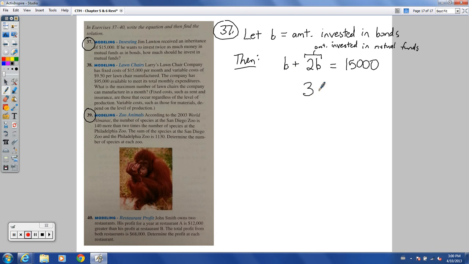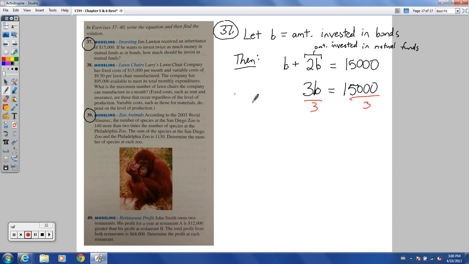But we want to get in the good habit of being able to set up an equation using variables like this, because it gets more and more complex as you move on in math, and you can't just do that trial and error in your head later on. There's just too much going on. So from there, divide both sides by 3,